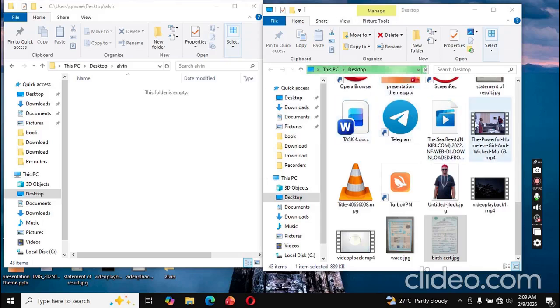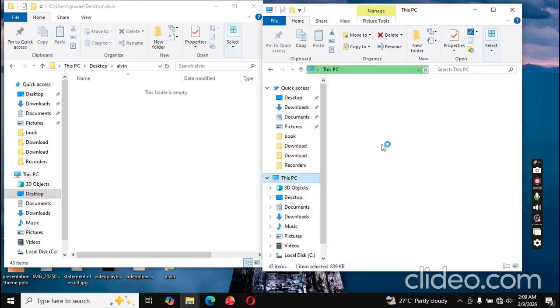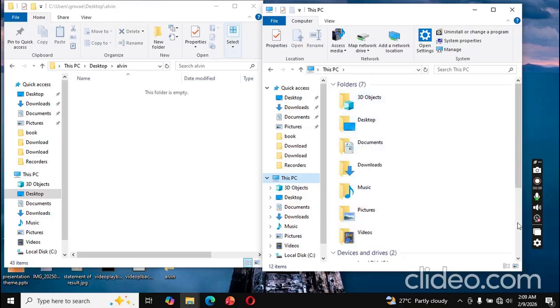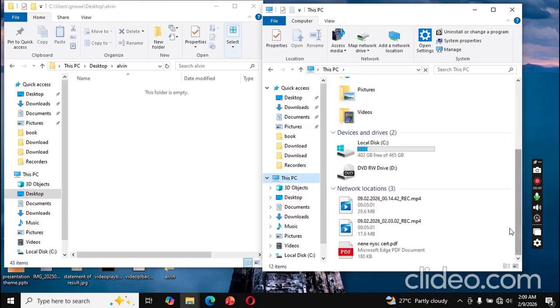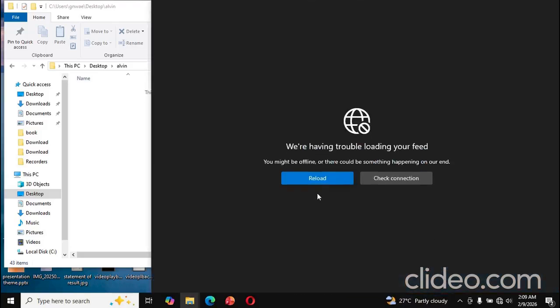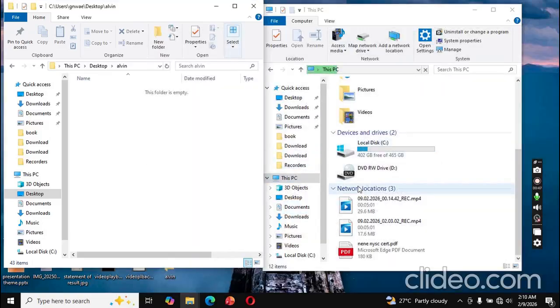In case you have a flash drive, you can insert your flash drive, and then you go to PC, you see your flash drive here. It will be detected by the system and will come out here. Take for instance, I want to send a file to my phone. By the time I connect